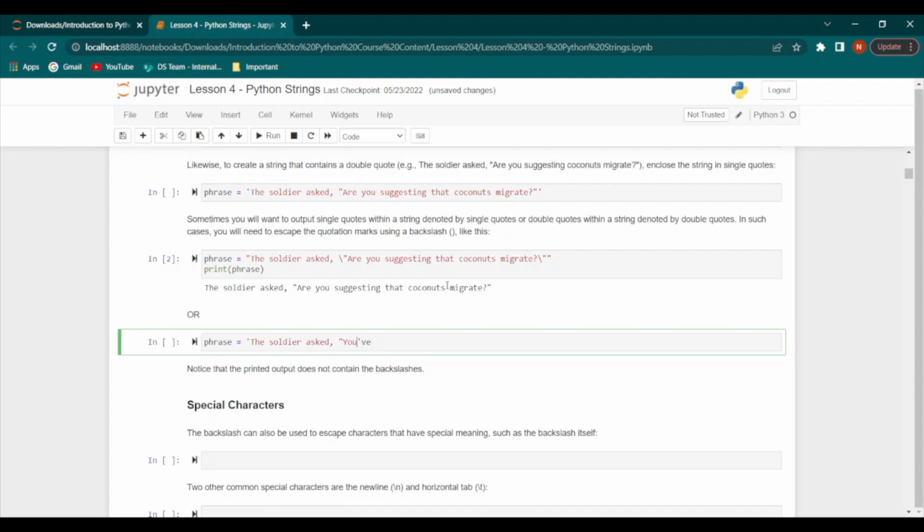So we put the backslash here, and then we continue. Now, another way of doing this is like this. So we say phrase equal to, the soldier asked,